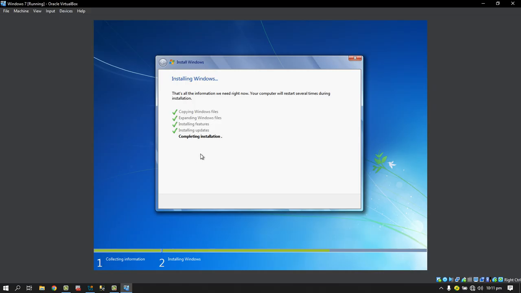So this is the last step, completing installation. To complete the Windows 7 installation,